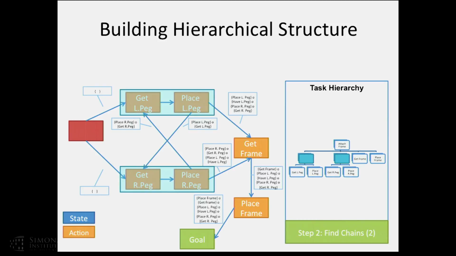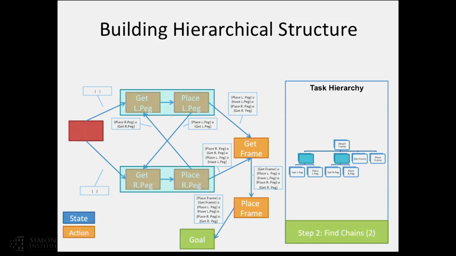So first, let's identify a couple of chains. There's a pair of chains here in which I have to get the left peg and then place the left peg into its position. And I have to get the right peg and place the right peg into its position. And I have to do those in order. Anytime I start with getting the left peg, I have to do placing the left peg after that. So we'll identify those chains of activities, and we'll treat those as a step up in the hierarchy,